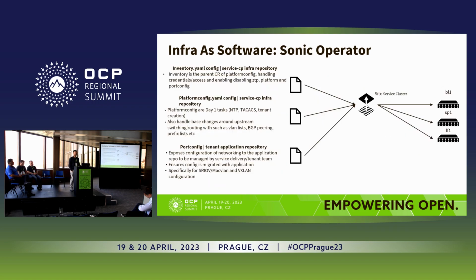With regards to the custom resources for Sonic, we have three main types. I have an inventory config, a platform config, and a port config. So an inventory config just deals with, much in the same way as any asset management system, a listing of a given device. Platform config will handle the day one activities that we couldn't handle in ZTP. And the port config or switch port config is a custom resource that we created for handling that SRIOV use case,